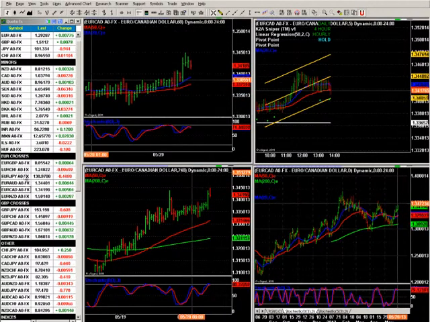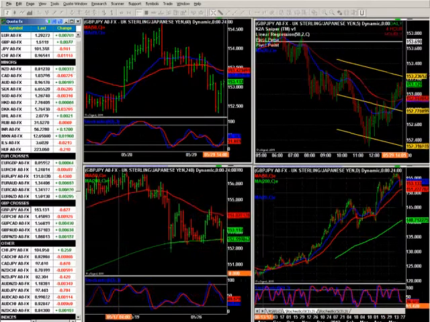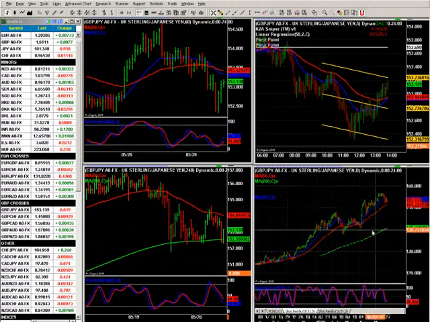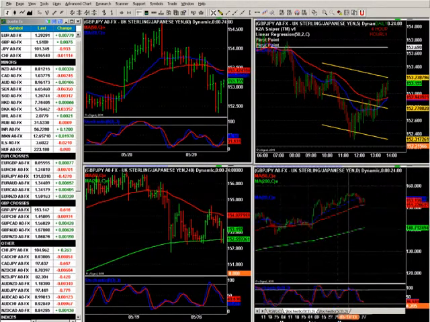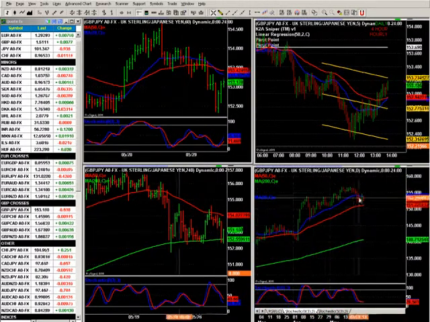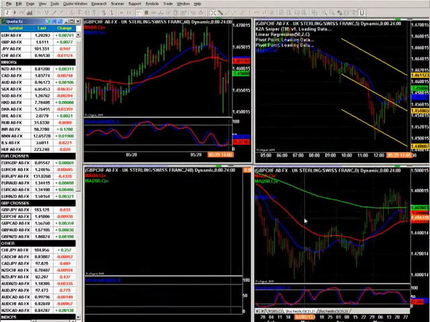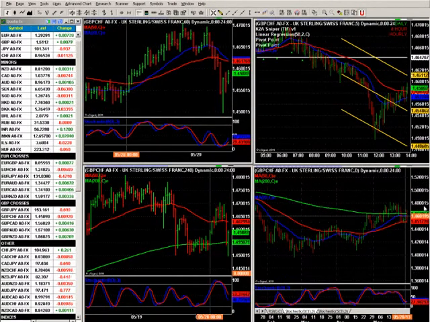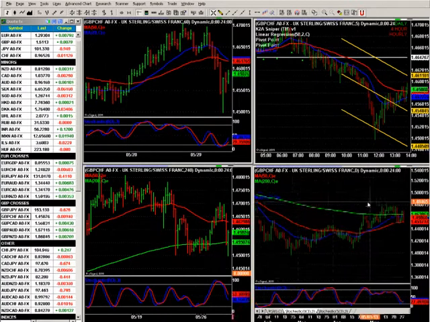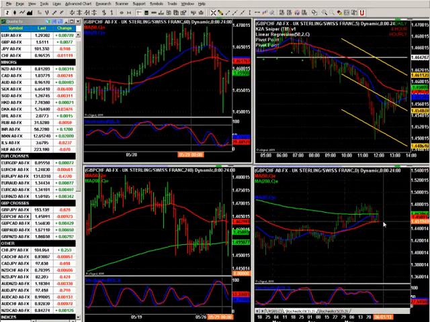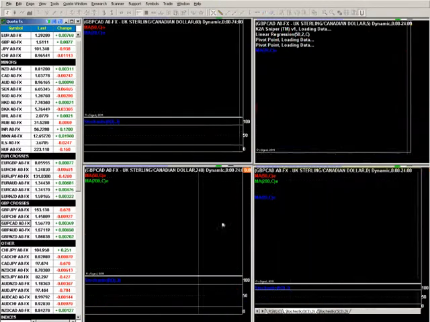Alright, let's go to some of the pound crosses. We've got pound yen making high highs and high lows there. Kind of, well, all the yen crosses pretty much. There it is, it's in between the moving averages. Pound Swissy. Pound Swissy is currently making higher highs and higher lows, bouncing off the 50 moving average. It's reversing back down today because of Swissy.